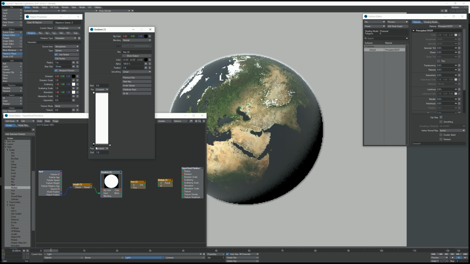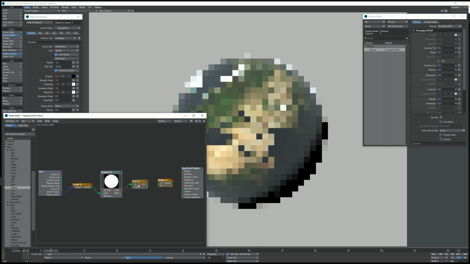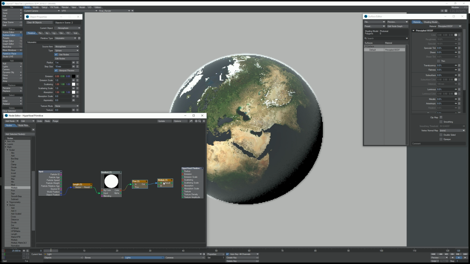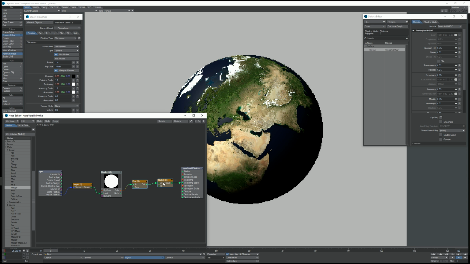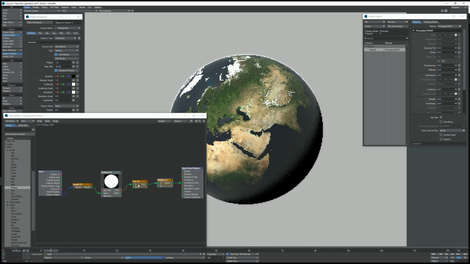Now I set the last key, also the smoothing to linear and the color to black, and it is at position 1. Now we're going to connect the color to the input of the power function. We're going to connect the power function to the multiply node and the multiply node to the scattering scale. The atmosphere now disappeared because the multiply node is set to 0 by default. I'm going to set it to 1 for now, and then I'm going to increase the power to something like 8